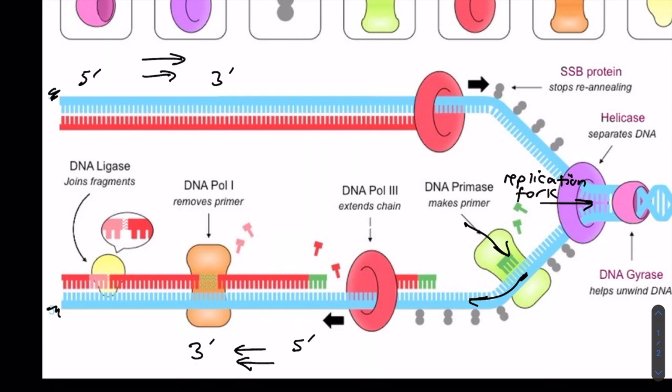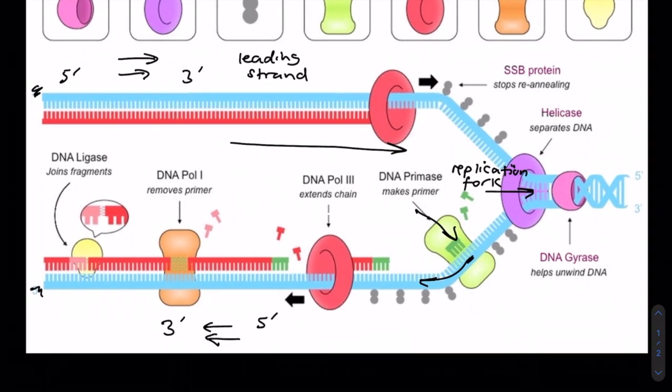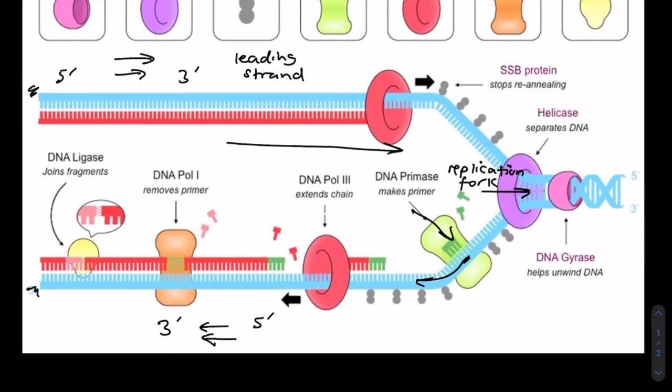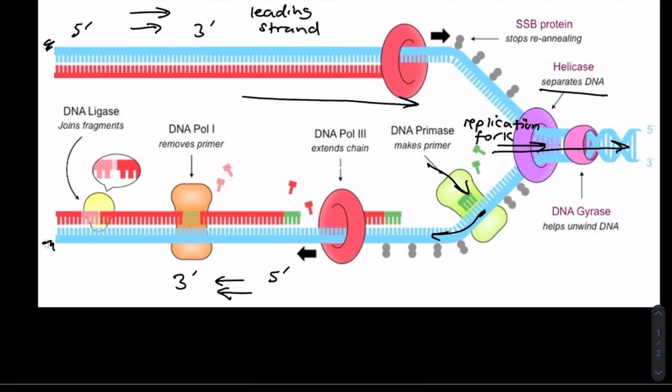So this is denoted as the leading strand. And that is because DNA polymerase 3 is moving towards the replication fork and can synthesize continually. Because if you think about it, as helicase, which is the one that separates the DNA, continues to move forward, this line will just keep extending. This DNA will just continue to get separated, and DNA polymerase 3 can continue to work in a straight line. However, on the lagging strand, which is this bottom strand,